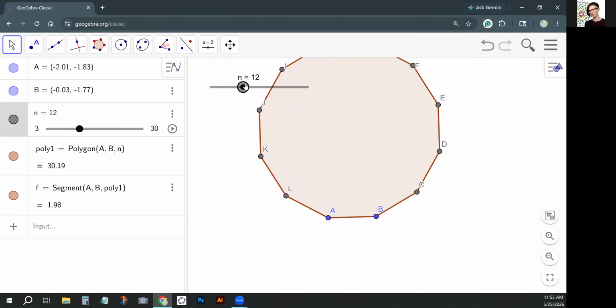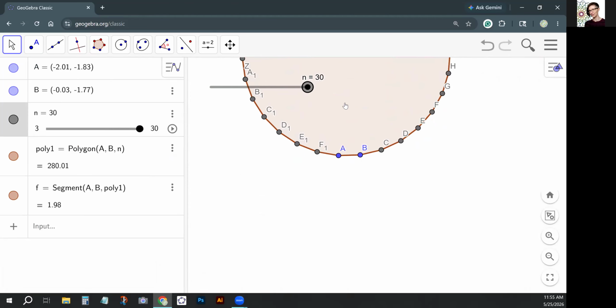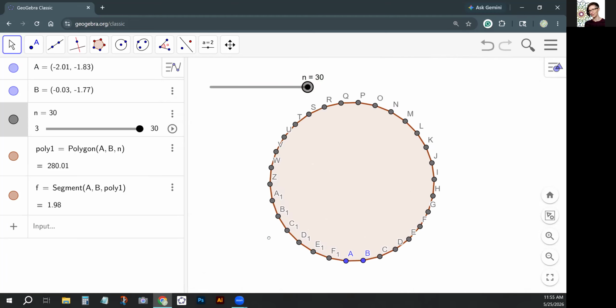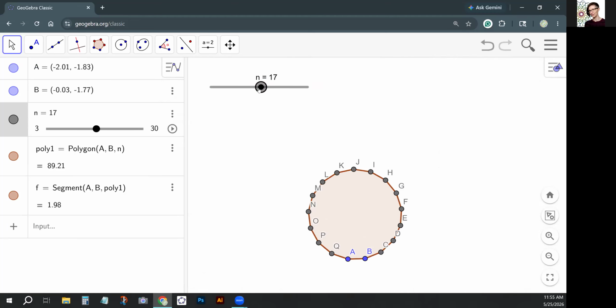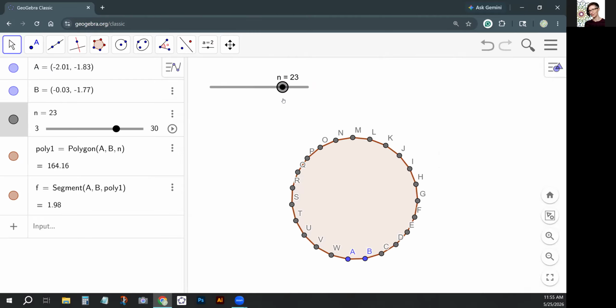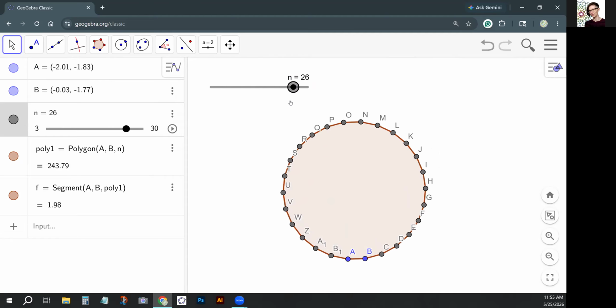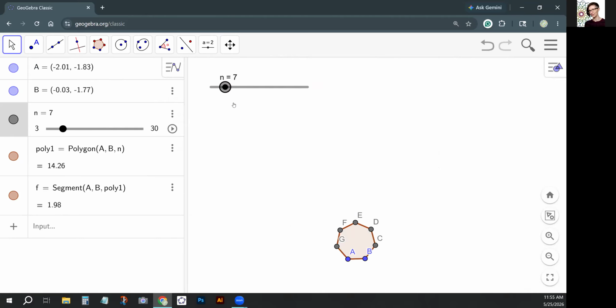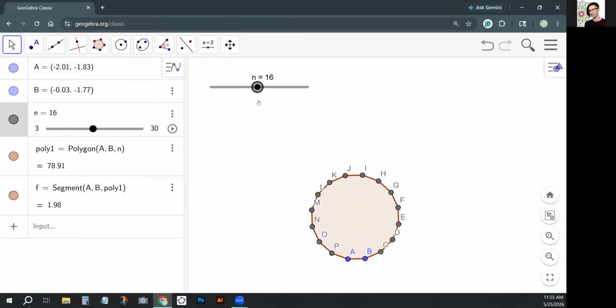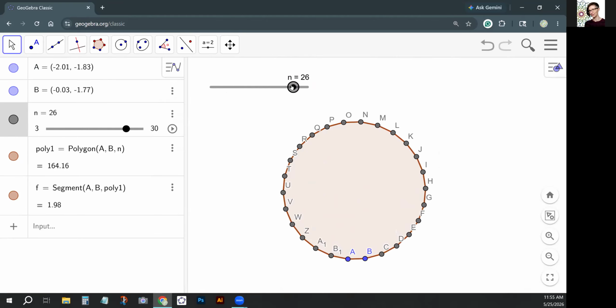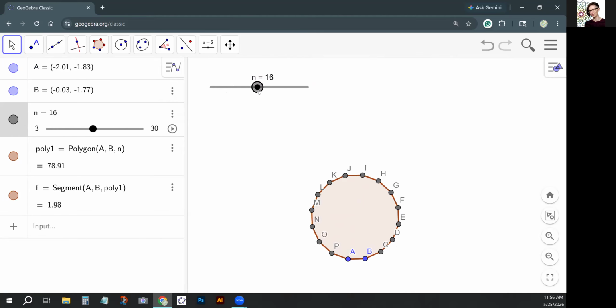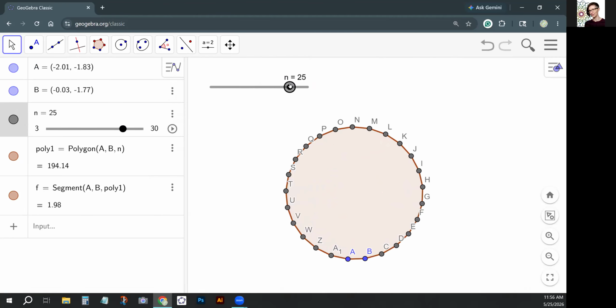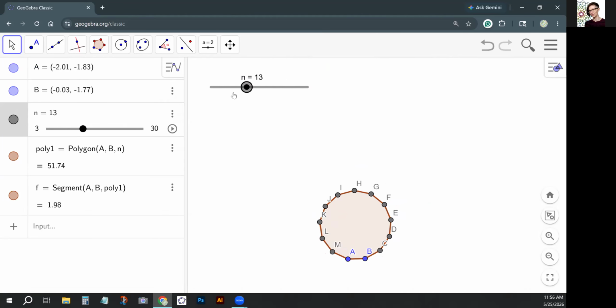So 3, 4, 5, 6, 7, 8, 9, 10, all the way up to 30, which I have to zoom way out in order to see. So that's cool. That's really nice if I want to just play around with different symmetries. We'll build an n-fold rosette here in a couple videos. But yeah, so that's one fun way to use the slider. Another one